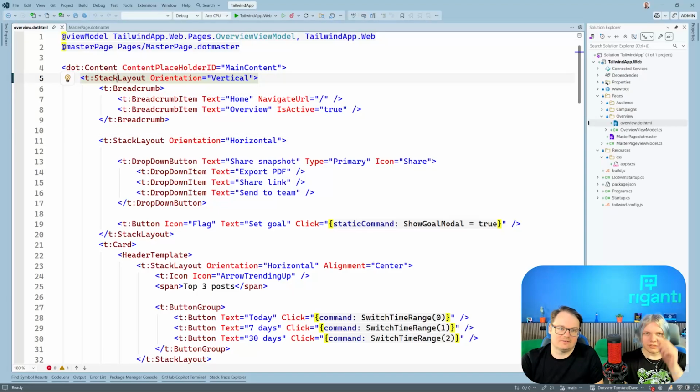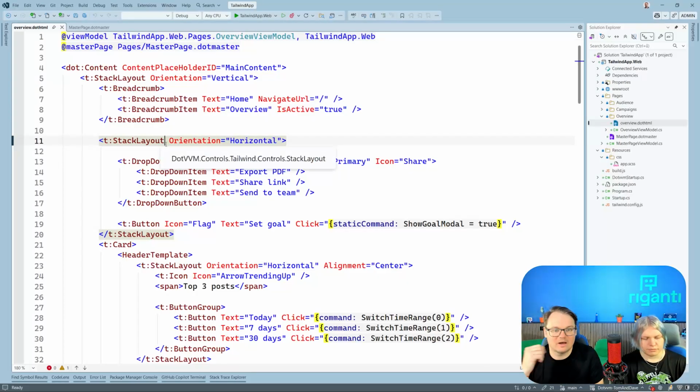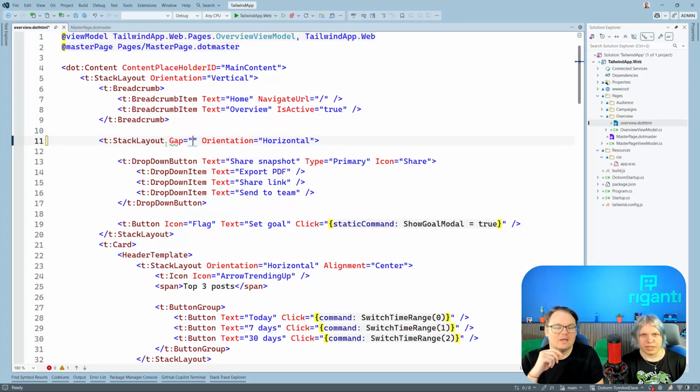Basically, stack layout is a component we created just if you need to put several items next to each other or below each other and maintain some gap between them. This is the component you want to use. So almost everything is stack layout, and you say orientation is horizontal or vertical, and you can also specify gap, but there is some default gap. So if you don't like it, you can tweak it. There are a couple of sizes like small, large, default. And gap, gap, and